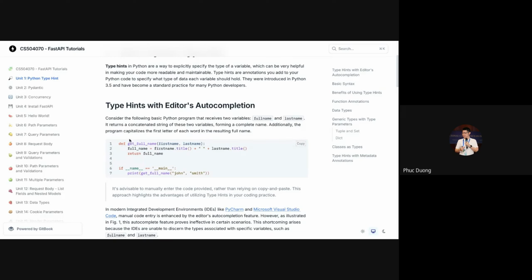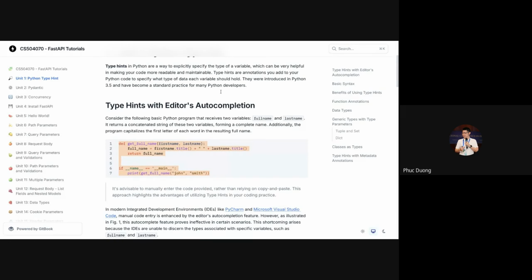For example, on the screen, you can see that we have a function named get_full_name, and that function has two parameters. The first one is first name and the last one is last name. We do not know the type of first name and last name. In reality, it is a string, but in the program, we do not explicitly define the type of first name and last name. So you can see that your program still successfully combines them and you can run the program.